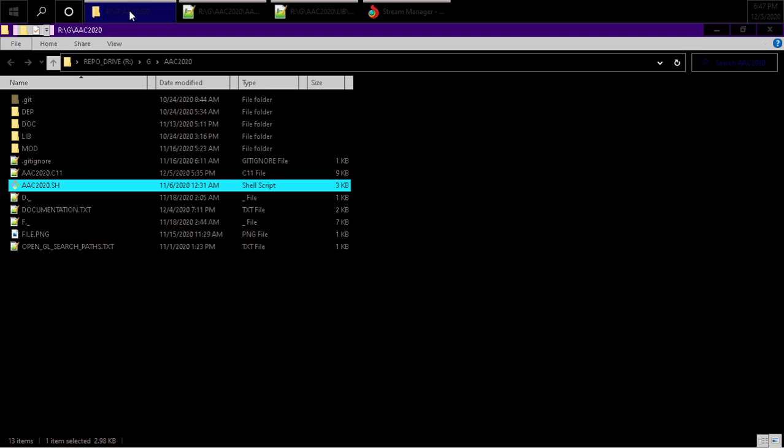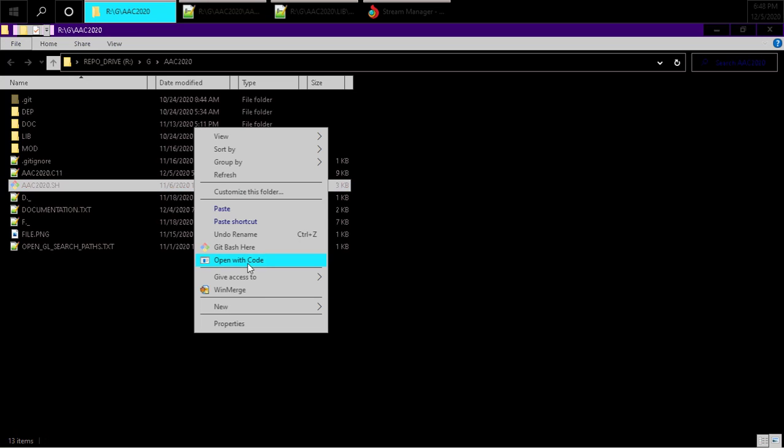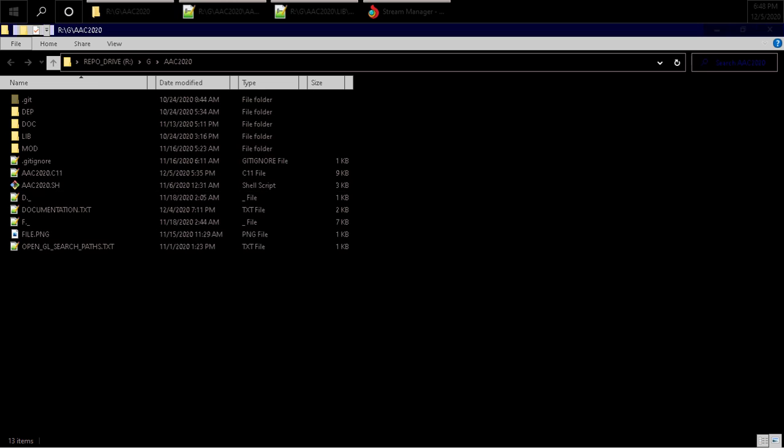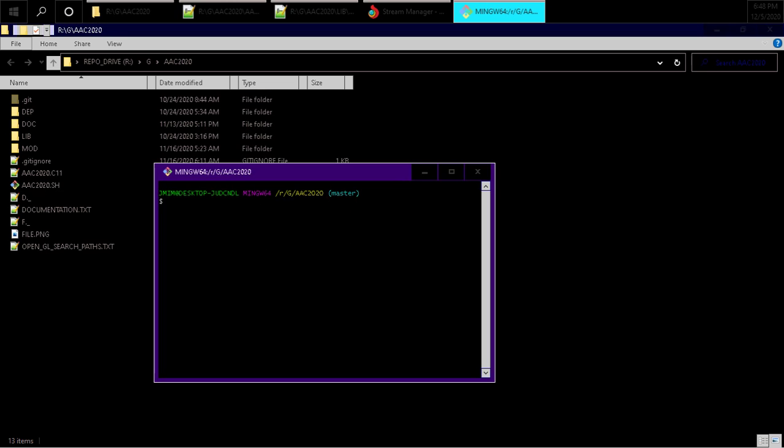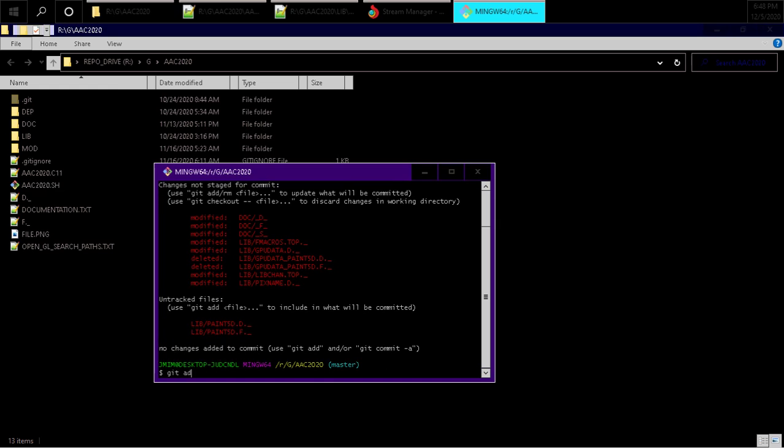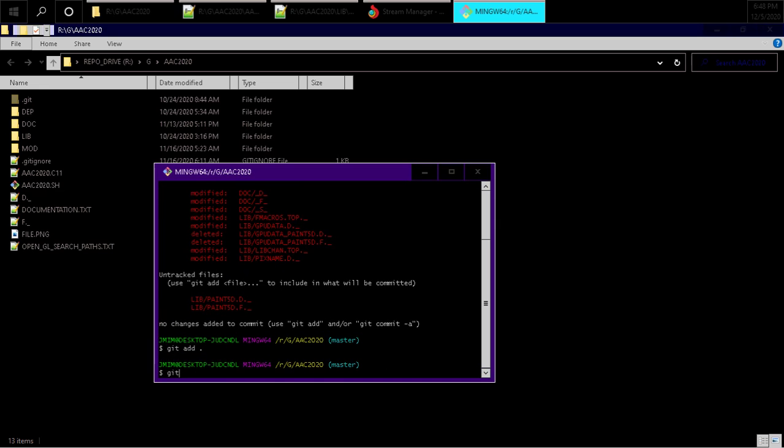So the first thing we're going to do is commit these changes. Git status, git add dot, git commit -am GPU data paint5d has been refactored to